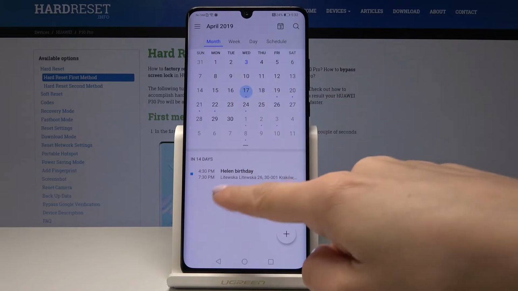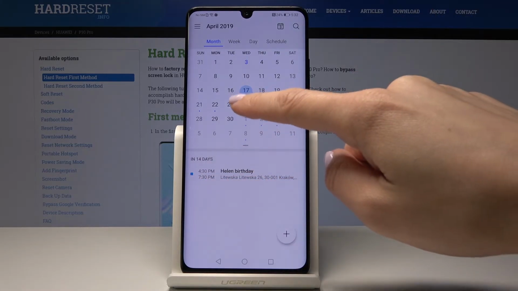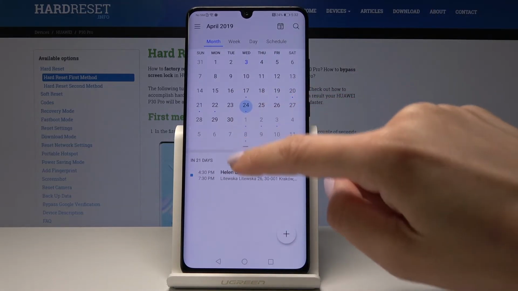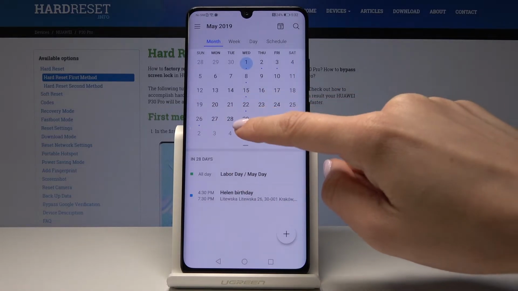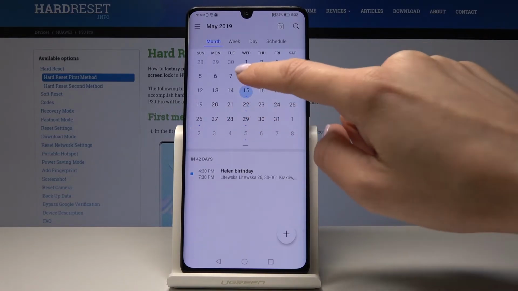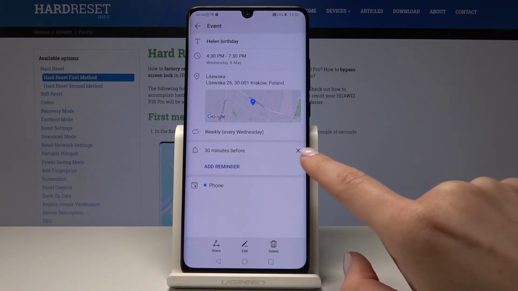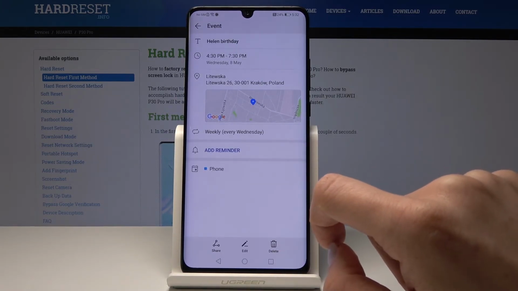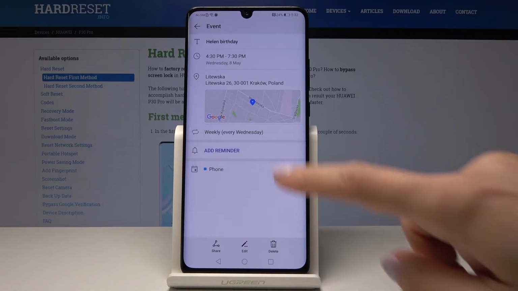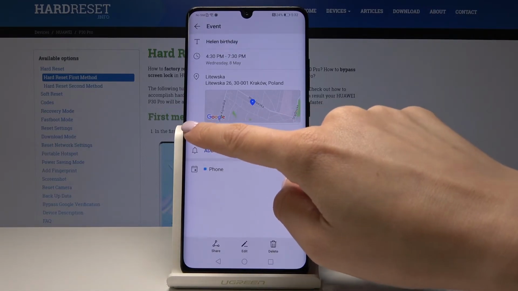So as you can see, here is the reminder. Now you can see it here, and because we just said as it's every Wednesday, it will be on every Wednesday from now. Of course, you can edit it, just click on it, and now you can, for example, delete the reminder. And also the period of time, so just click here,